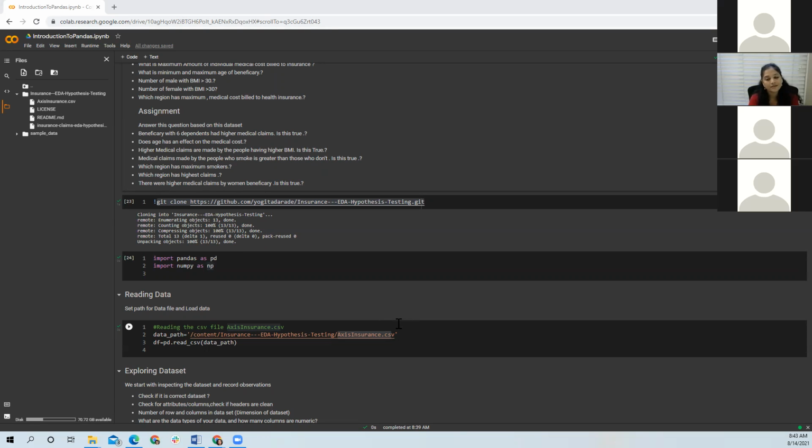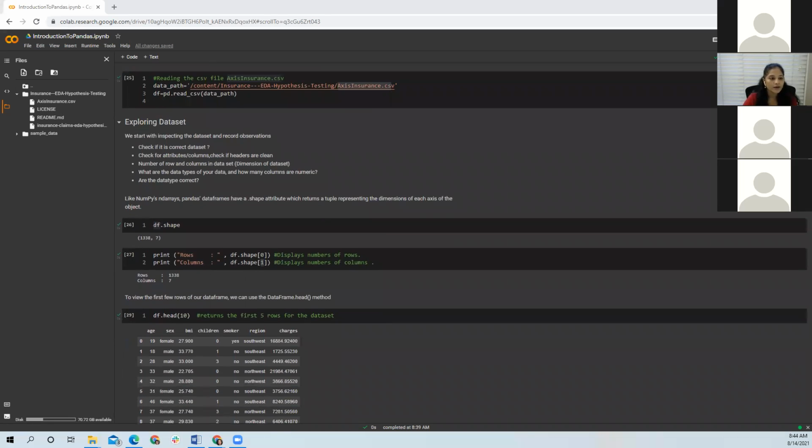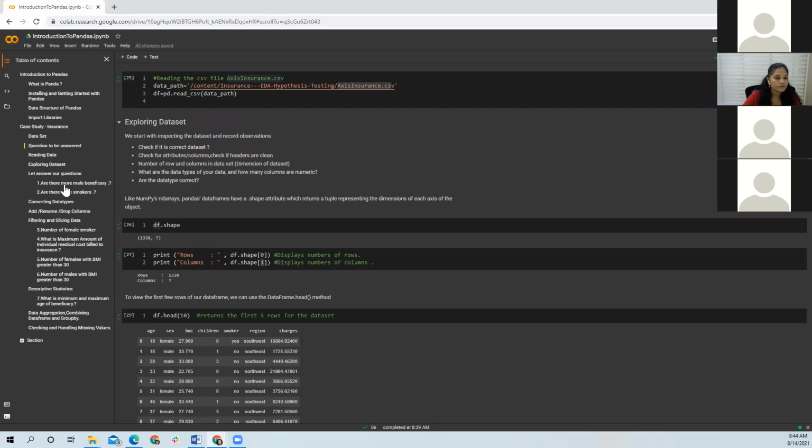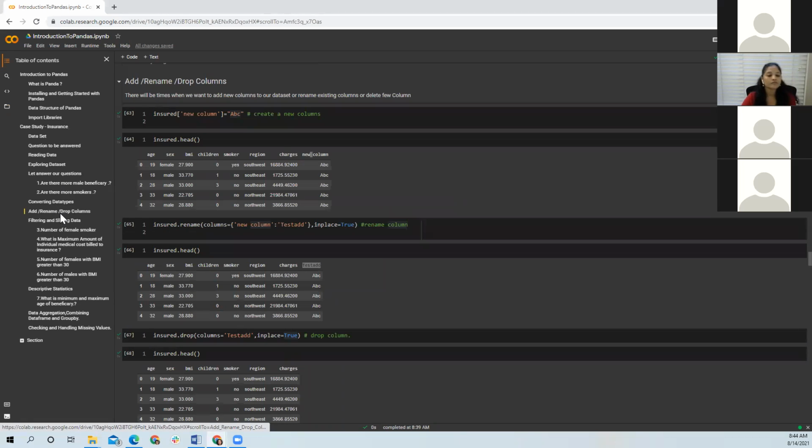Yes. Can you also go up to where you did add column? I have a question there. Add column. Okay. So now you put everything in the new column as ABC.